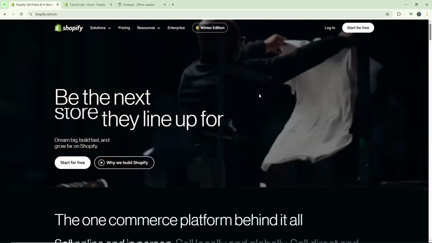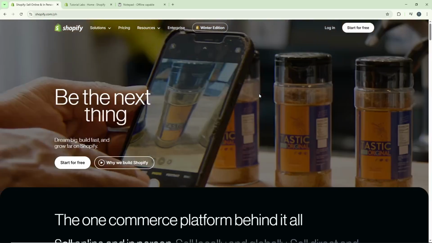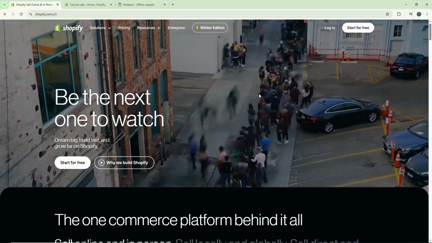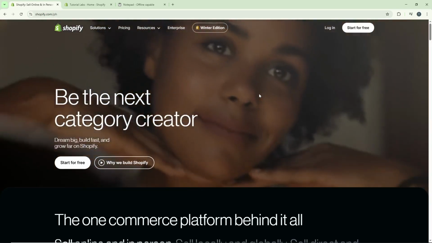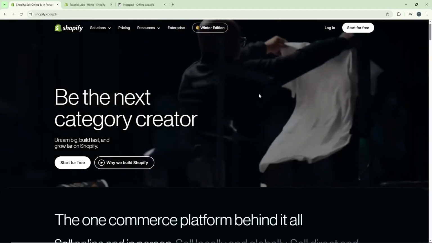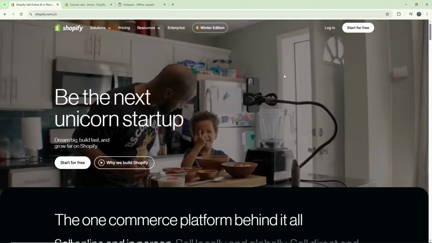Today, I'm going to teach you how to enable the Add to Cart button on collection pages in Shopify's Dawn theme. This is a great feature to activate because it allows your customers to quickly add products to their cart directly from your collection pages without having to click through to individual product pages first. It streamlines the shopping experience and can help boost conversions by reducing the number of steps needed to make a